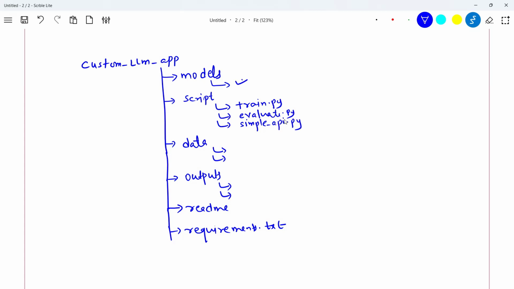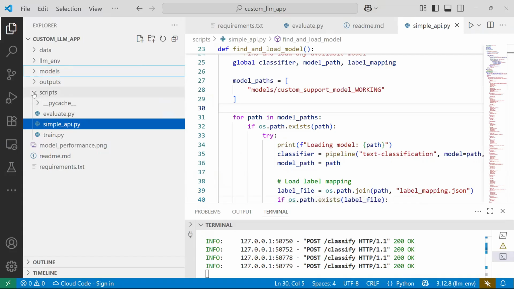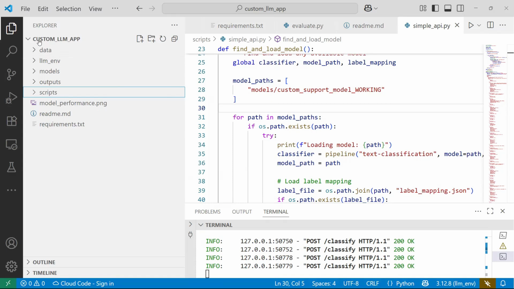In models, I will be writing my model, and in data, I'll be putting whatever data I need for my training. So let me take you to my Visual Studio, and as you can see, it has the structure I defined. Custom LLM app, data folder, where data will go, or in my case I have created data inside my script only, so maybe this is empty.